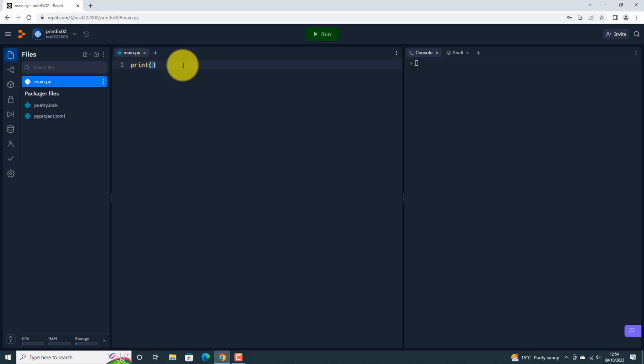In this case I'm going to put a string. In order to use a string, we have to use double quotes inside the parentheses. And inside the double quotes I have to write the string, which is actually a text. It is a sequence of characters like hello